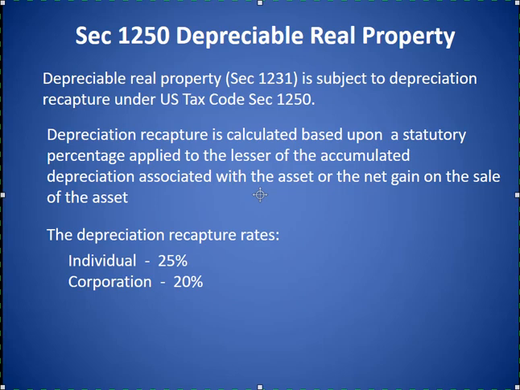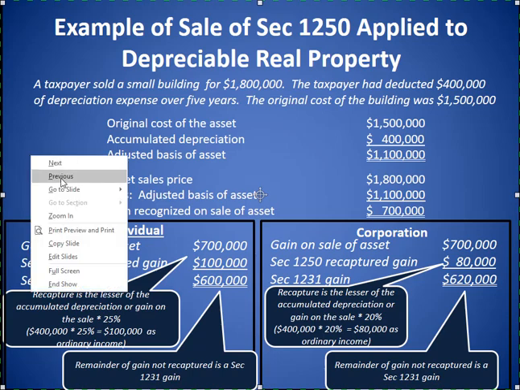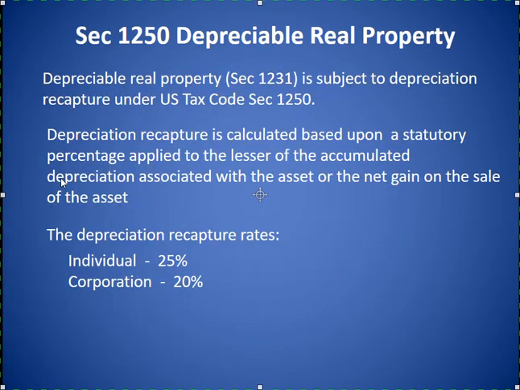Okay, depreciation recapture is calculated based upon a statutory percentage applied to the lesser of the accumulated depreciation associated with the asset or the net gain on the sale of the asset. And the statutory rates are, for corporations, 20%, and for non-corporations, 25%. So now let's take a look at an example of this Section 1250 recapture